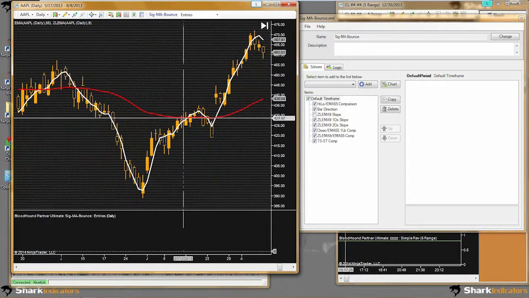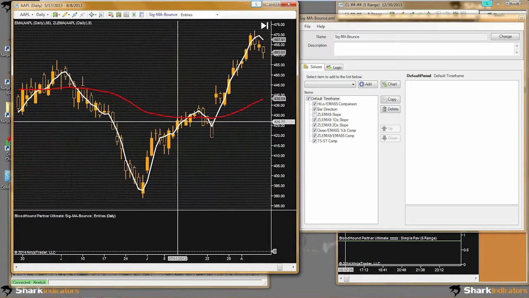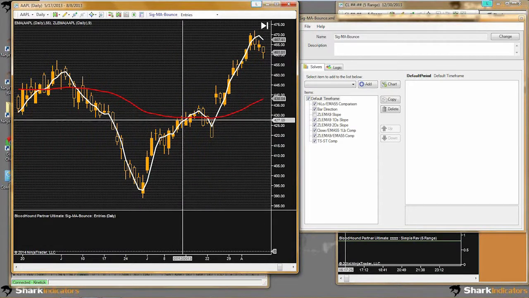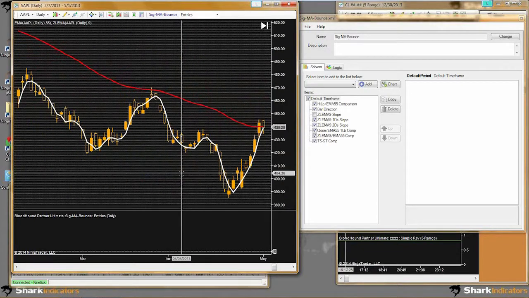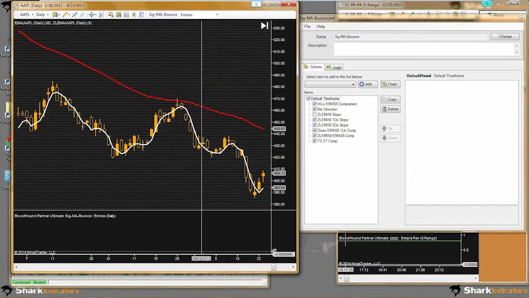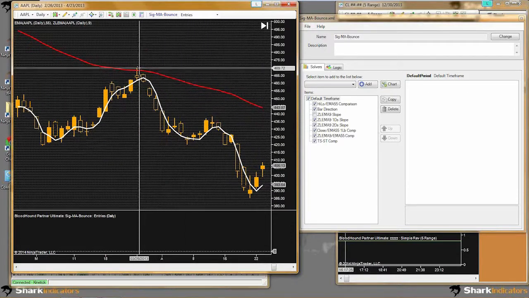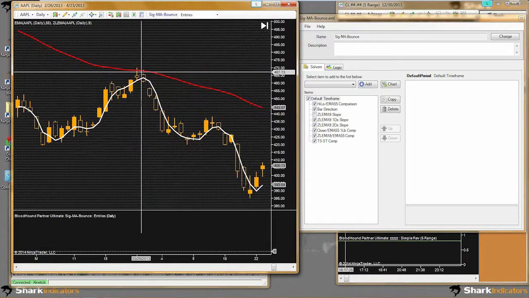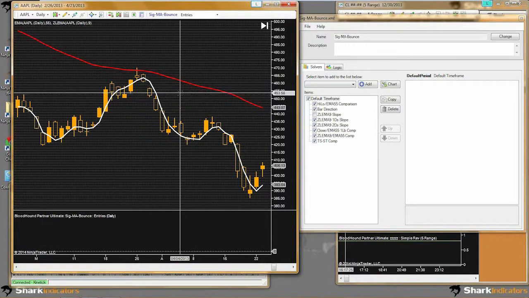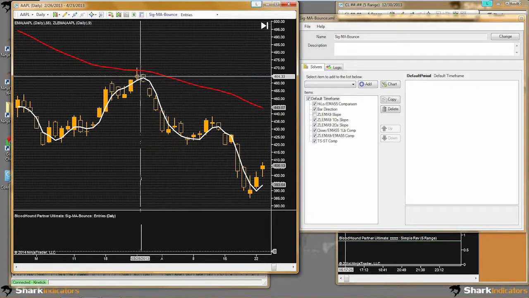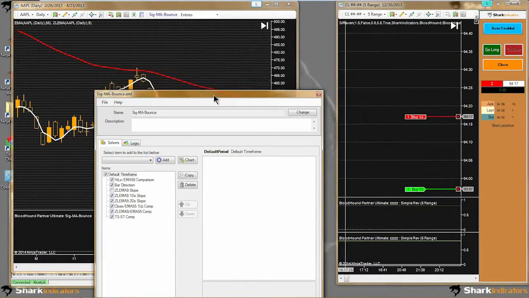So the big thing about the reason why I'm not going to get any signals on this chart here, let's see. I should be getting a signal here, because when you look at this chart, it looks like we could be getting a moving average bounce, because we did get a down bar here. And let's see if there's any other. Oh yeah, here we go. This looks perfect right here. You would think, hey, we should get a short signal bounce off of that red moving average. But the reason why this BloodHound template doesn't work on this Apple chart is because we're dealing with a daily chart, and so oops, look at that,